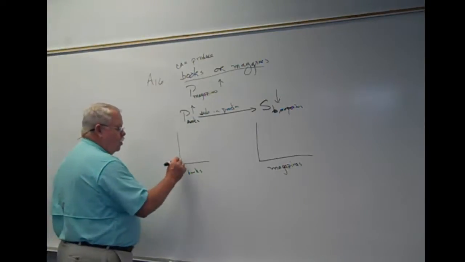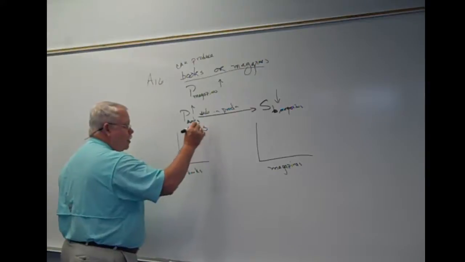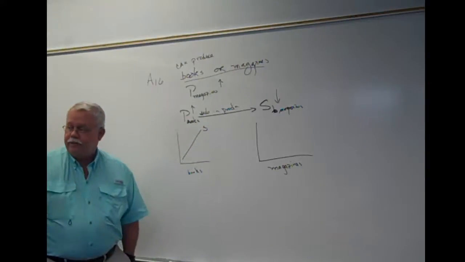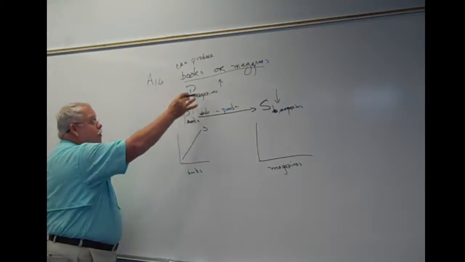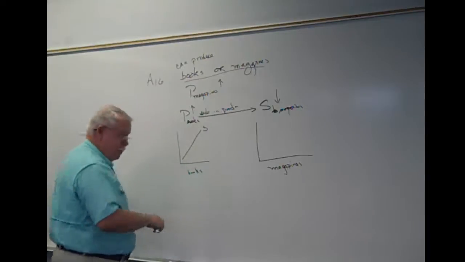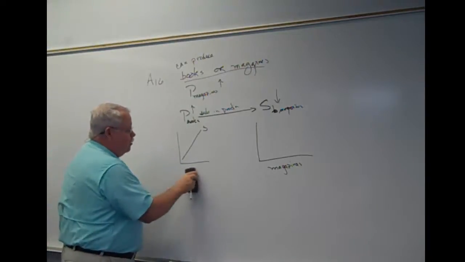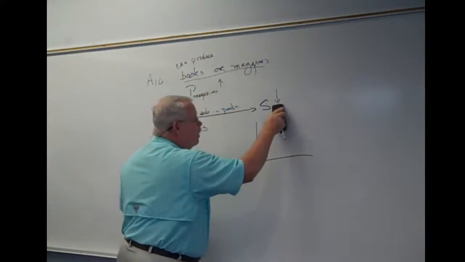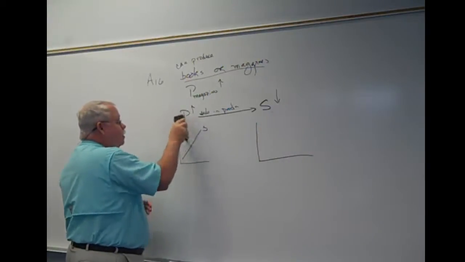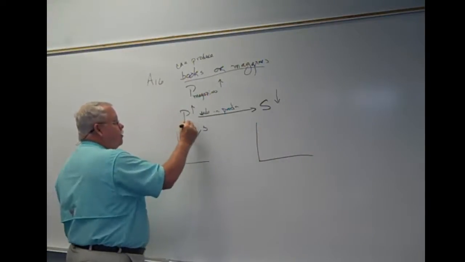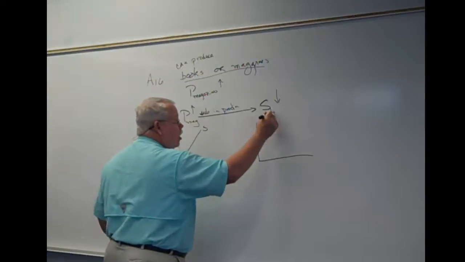Here's the supply of books initially. And we're told that the price of, I'm sorry, I've got these backwards, don't I? Price of magazines rises. I've got these reversed. Easy to fix. Price of magazines, supply of books,